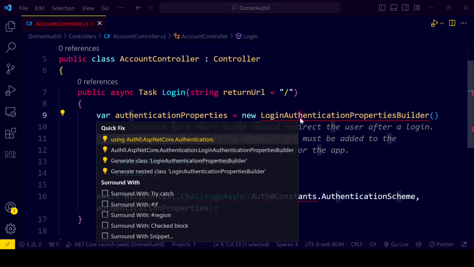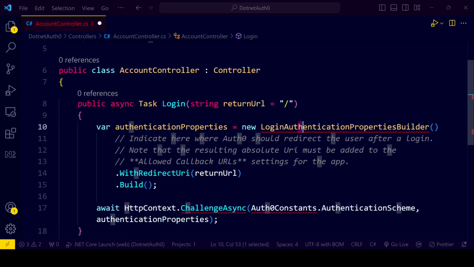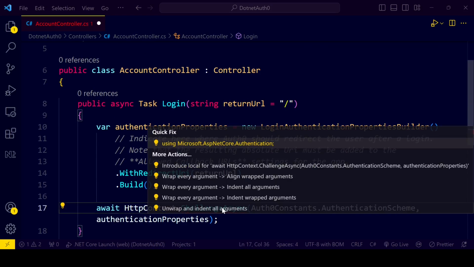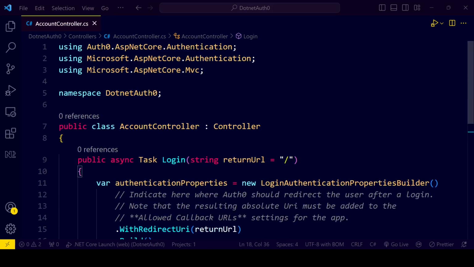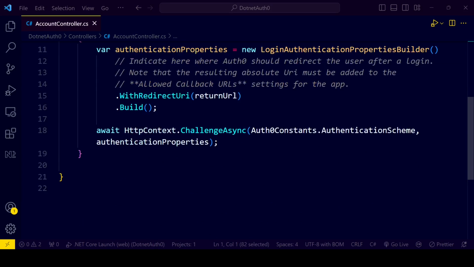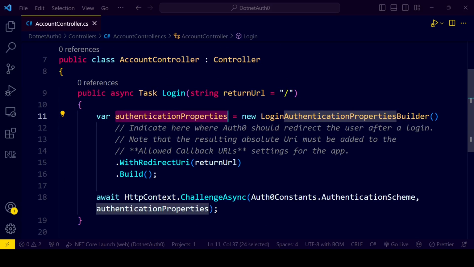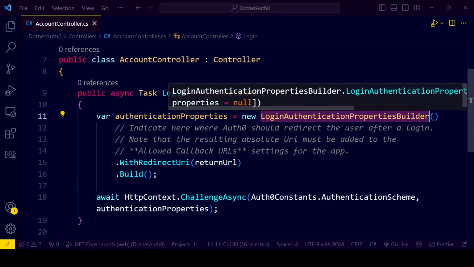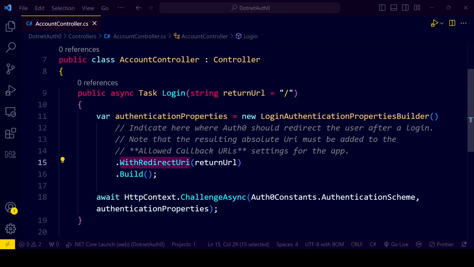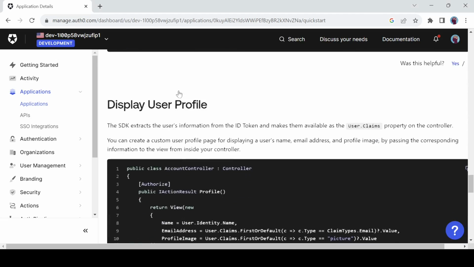Press Control dot and click on this. Okay, so it has added these two lines here. Now it is a login method, so usually we are calling the Auth0 APIs here. Authentication properties equal to new LoginAuthenticationPropertiesBuilder with RedirectUri and return URL, build, etc. So next step, what we have to do,